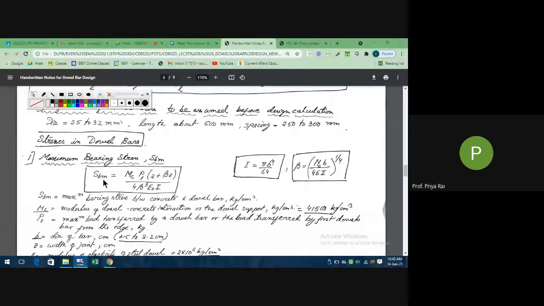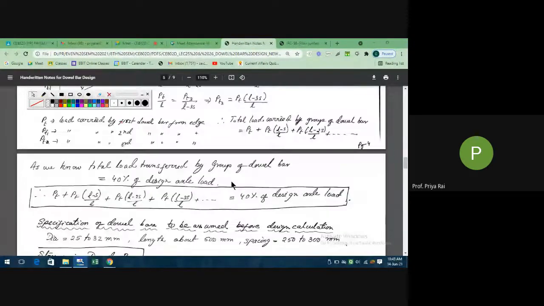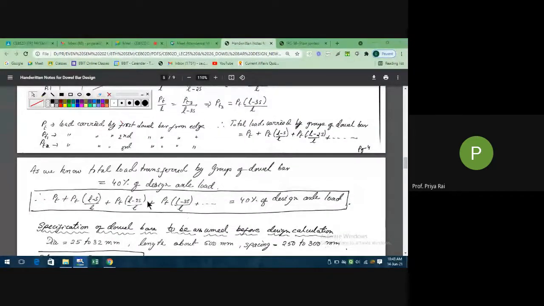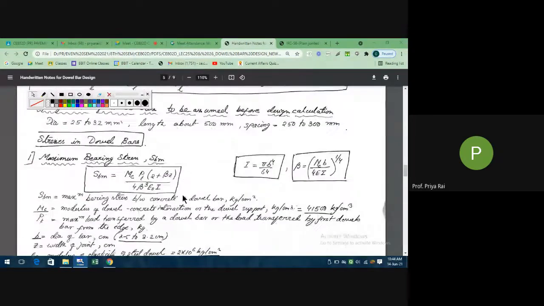For calculating SBM, we need all this. That's why I have derived this first. If we directly use this formula, then you won't understand. That's why we are explaining from where this formula is coming, okay? Now see,